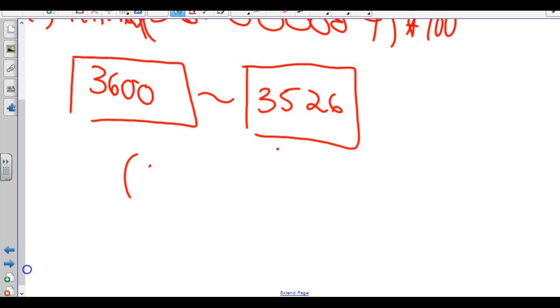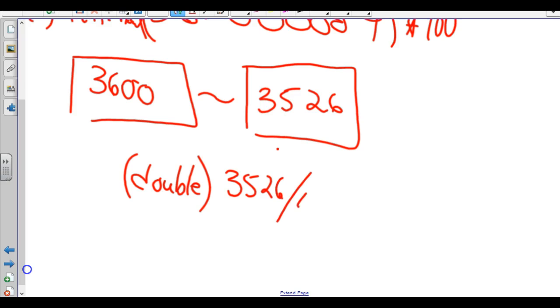So if I do double 3526 divided by 100, the casting will happen first. This now becomes a double. We divide it by 100, and the result is 35.26. But you don't want to store that number